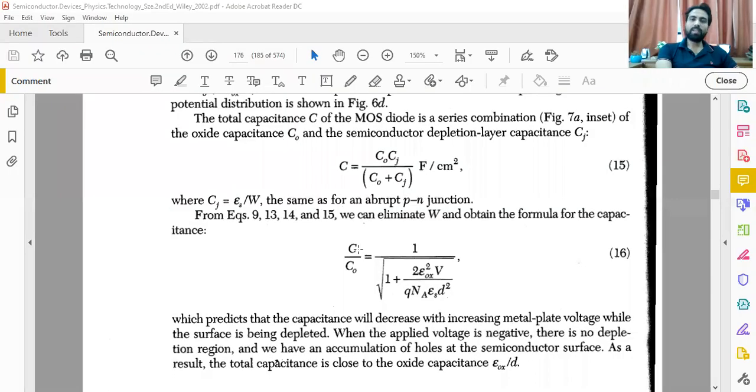So this is simply giving the equation which is related with the oxide capacitance and junction capacitance. You have to take care about when this oxide capacitance will persist and when the junction capacitance of the semiconductor will sustain. You have to take care about all conditions, not one or two conditions, all conditions which affect your junction capacitance. Once the junction capacitance is affected, obviously in the MOS diode, the total capacitance will be affected.